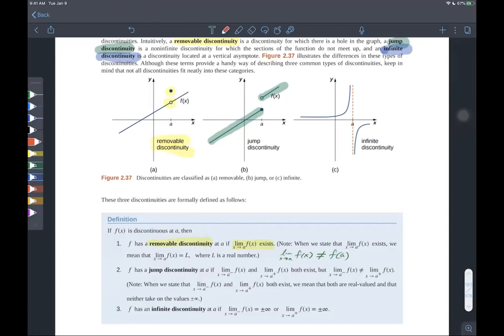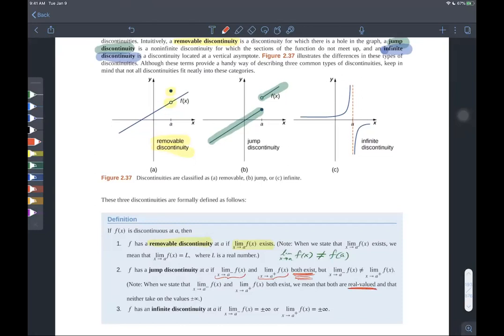Next. F has a jump discontinuity at a if the limit as x approaches a from the left and the limit as x approaches a from the right both exist, but they are not equal to each other. Okay. When we state that the limit as x approaches a of f of x and the limit from the right both exist, we mean that both are real valued and that neither take on the values plus or minus